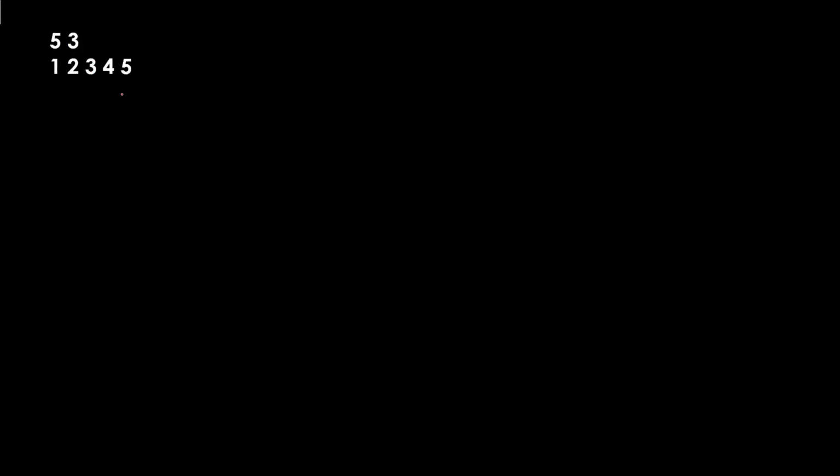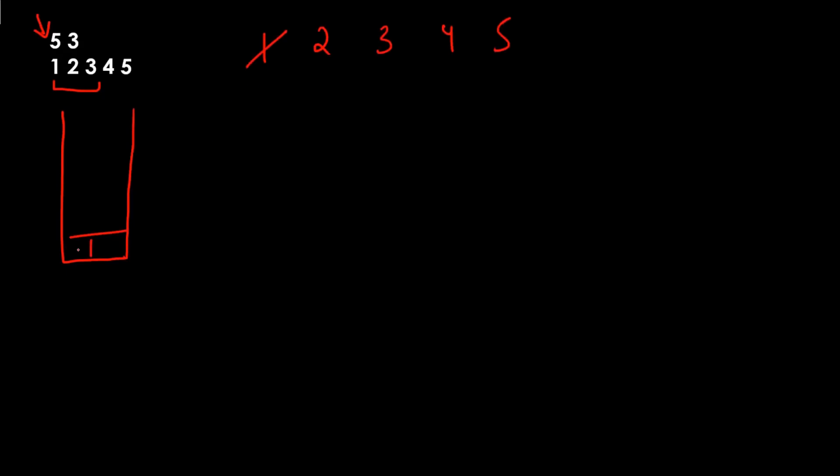Let's say this is the test case given to us. The number of elements in the queue is 5, and this is the k value. So we have to reverse the first k elements, or the first three elements. What we're going to do is take a stack, and push the first k elements, that is the first three elements, into this stack. So let's push 1. When pushing these elements to the stack, we'll also be removing them from the queue. So let's say this is our queue, and we are going to remove them. Remove 1, push it; push 2, remove it; push 3, remove it.